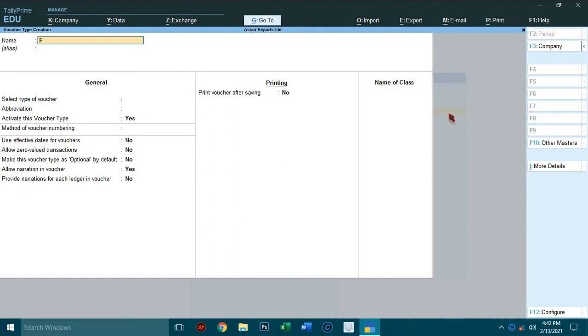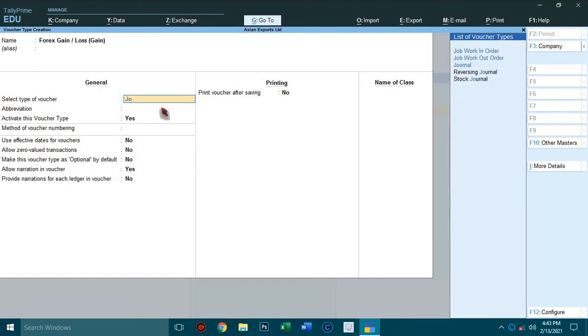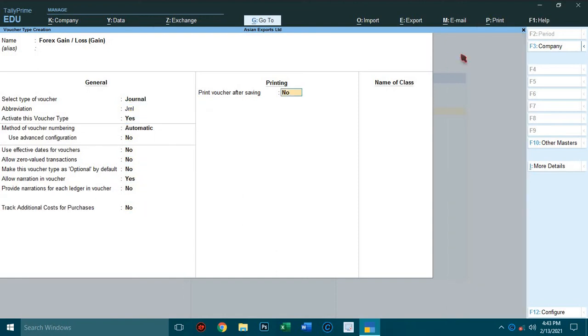Create first one, gain. Forex gain or loss within bracket gain. So select type of voucher, select journal voucher in the list of voucher types. So select journal. So come to the name of class.